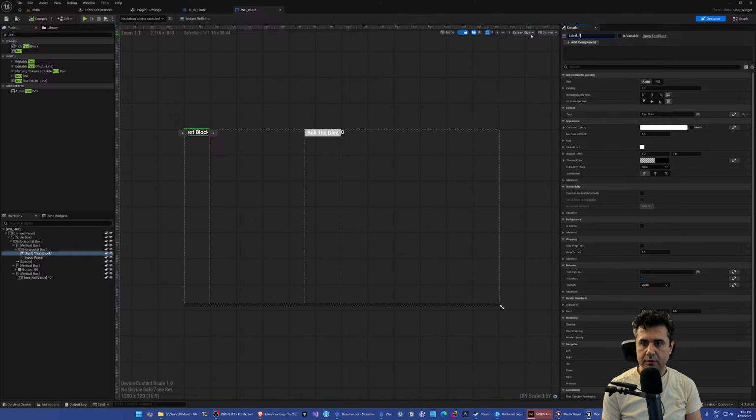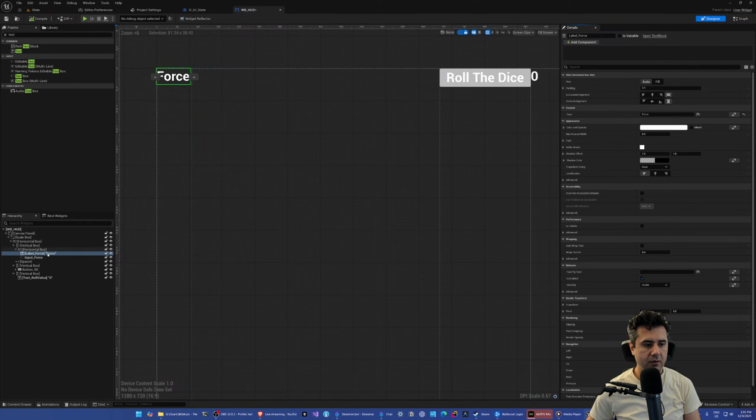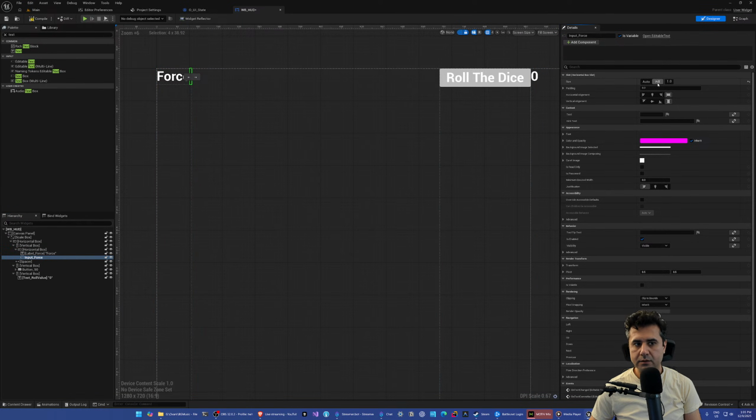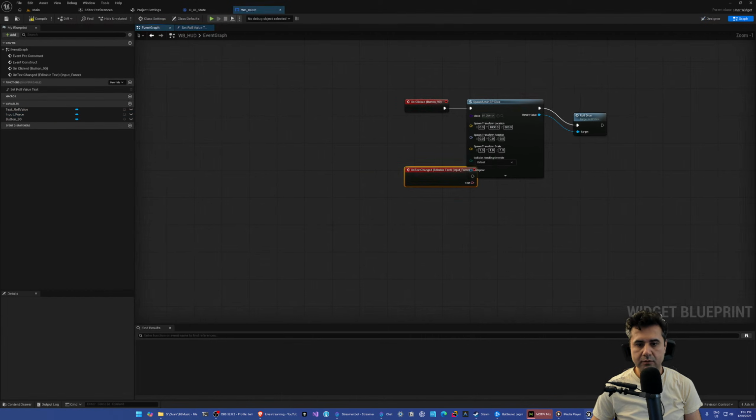Let's call this label force. Force. Yeah. And this is hint text. Like that, maybe. Can we give it a padding size? What? Pivot, clipping. On text changed. So if we go here